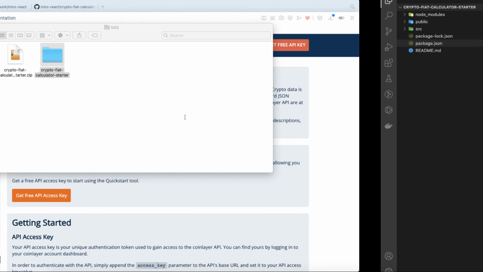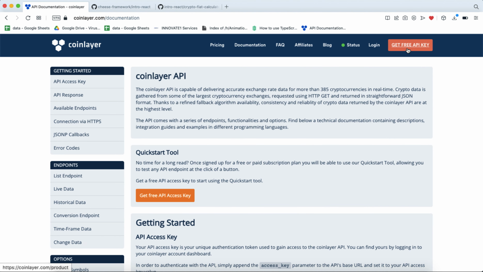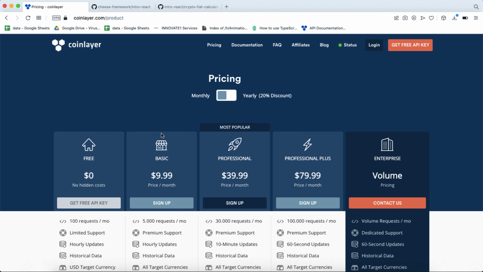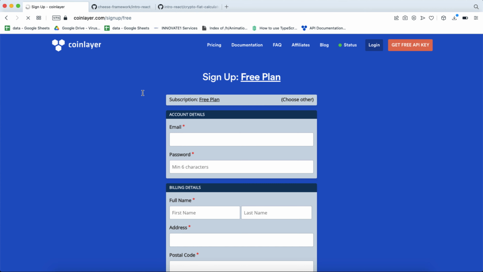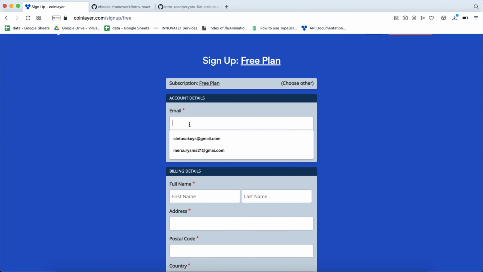Now, while that is going on, let's go get our free API key by clicking on Get Free API Key. Now, what you need to do is to select the free version, no hidden cost attached, and it won't also request for your card. All right, so that's one of the cool advantages of using this one. So let's use the free one, and that should make us sign up. All right, now so I believe they do not request for email verification. I guess so. So what you need to do is just fill in your credentials,